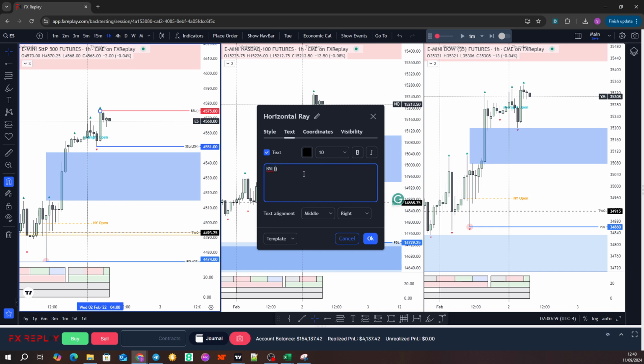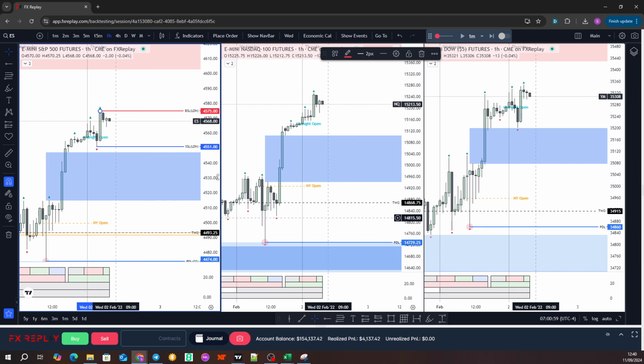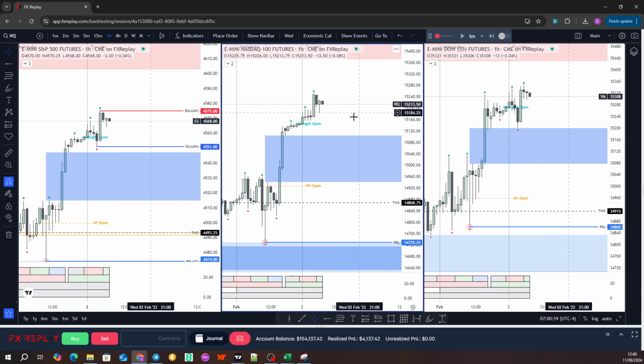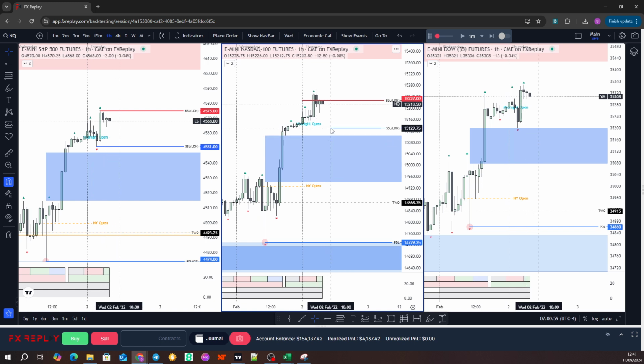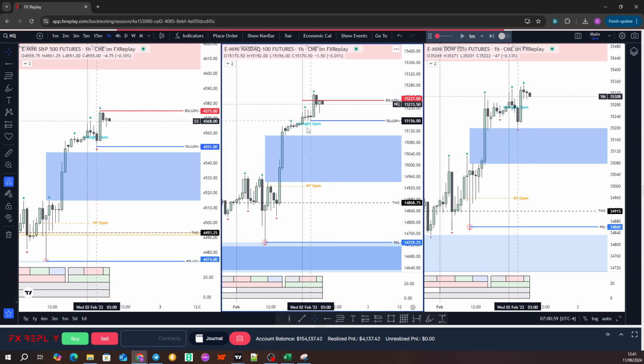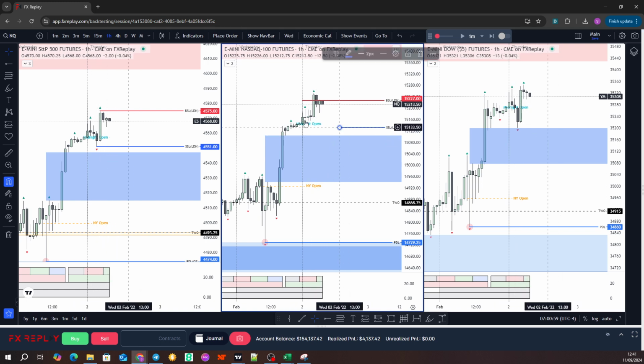Okay, better. Much better. So let's just take these two key levels. So why are these levels so key? Well, primarily because